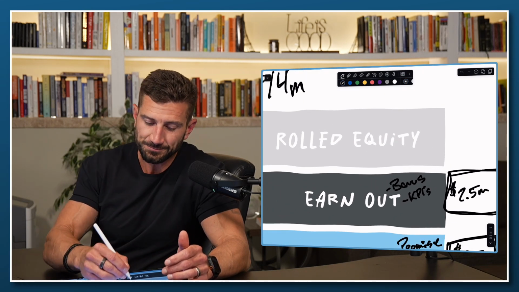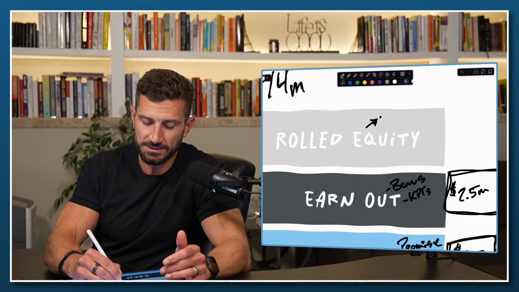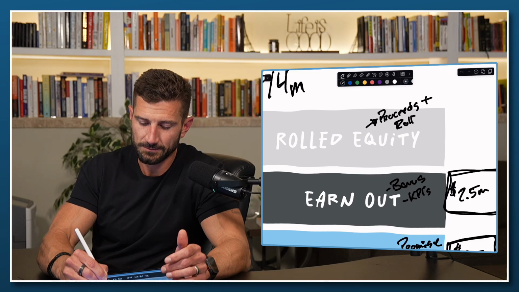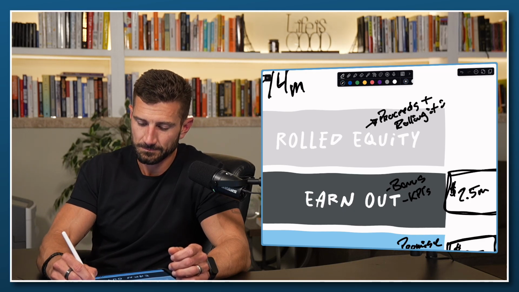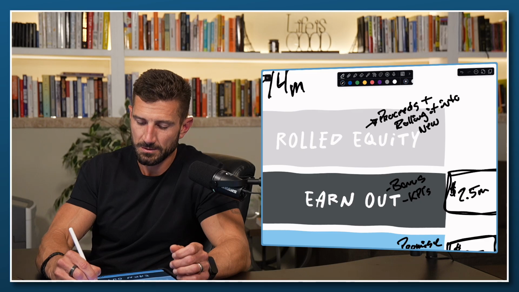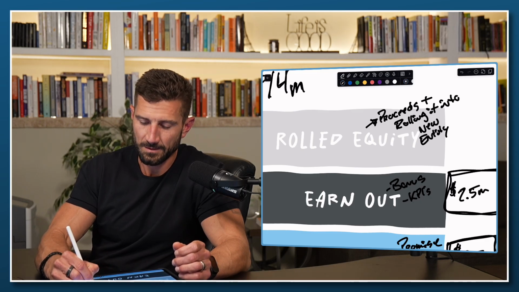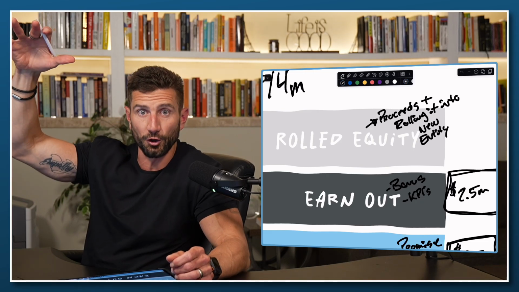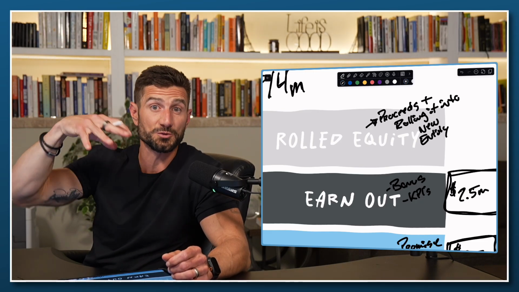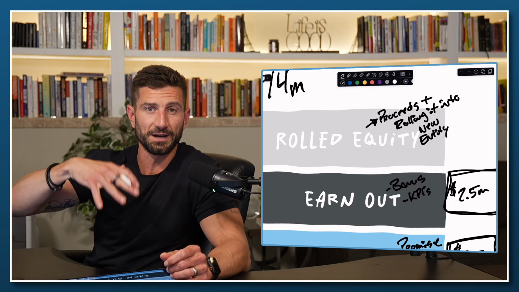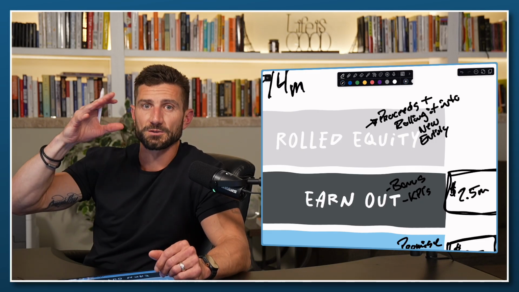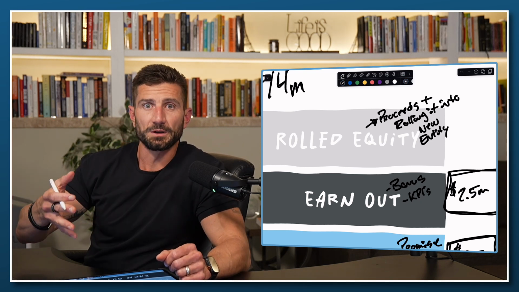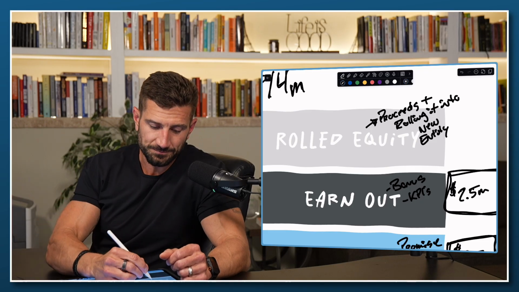And then the rolled equity is really where you're taking part of your proceeds and rolling it into a new entity. In private equity firms, it's usually the platform buyer. You're not getting part of the private equity firm. A lot of times strategic buyers, and this is why I'm going to break down the different types of buyers and what they normally do, a strategic buyer won't generally want you to have equity in their company. Rolled equity is where you have a piece of the second bite of the apple,